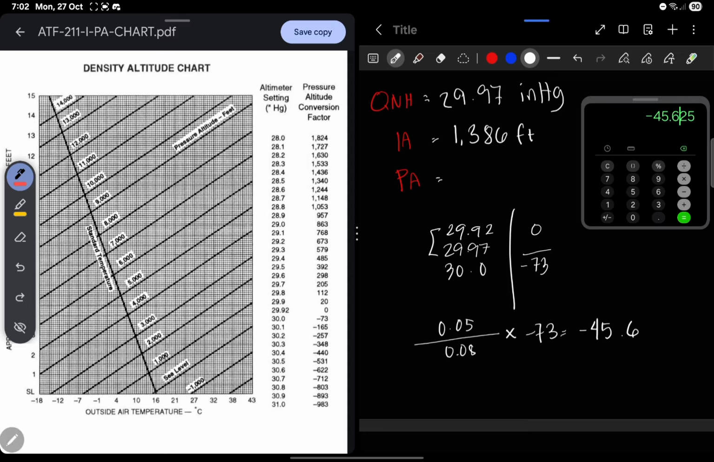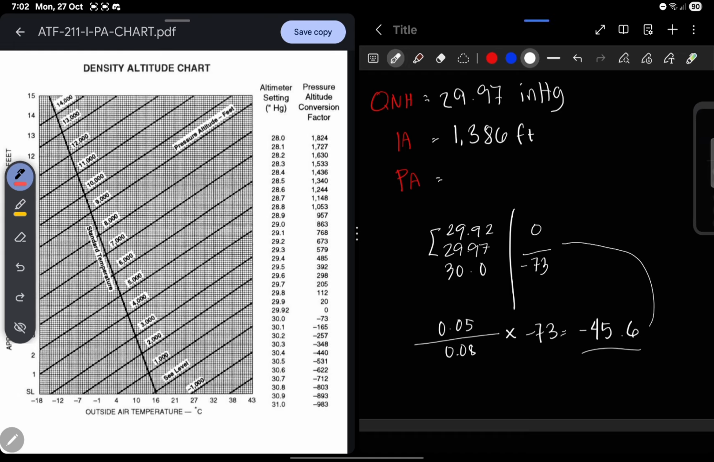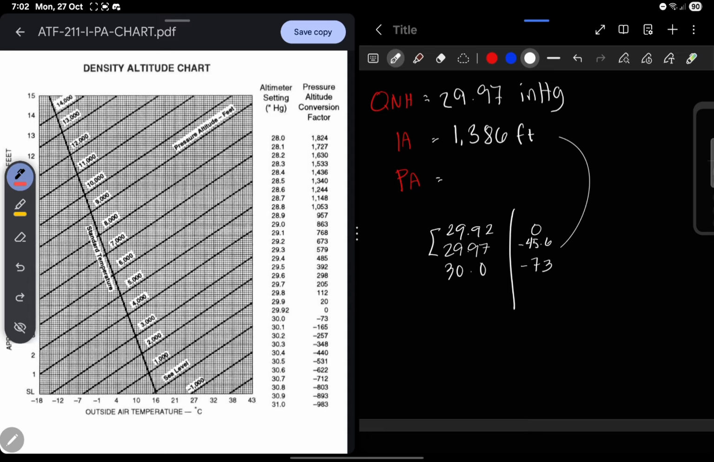45.6. Now, since we already have this value here, let's plug it in over here, and that will be negative 45.6. Next, we will then plug it into our indicated altitude. Now to get the value of the pressure altitude, we need to plug this into our indicated altitude. So the answer will be